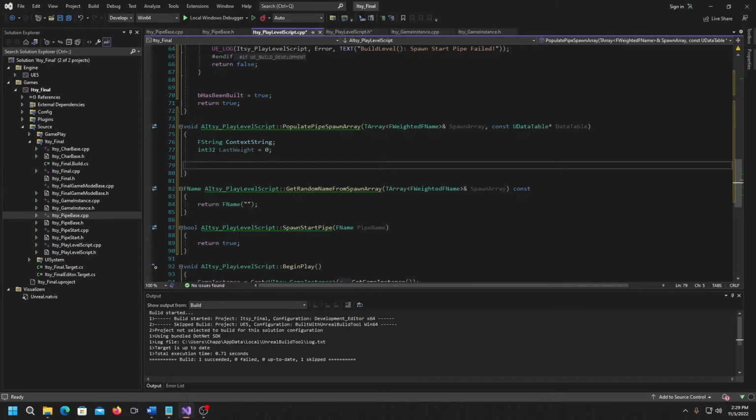As we're looping through, we are going to do some checks, and then we're going to basically populate the spawn array with the FNames that are appropriate from the data table, and then also calculate their weight. That way we can use that later in the get random to get a name based on our random weighted value. So we're going to do a for loop, and we're going to say for,